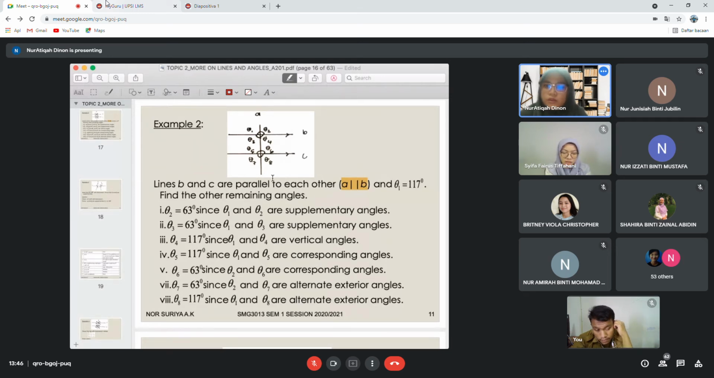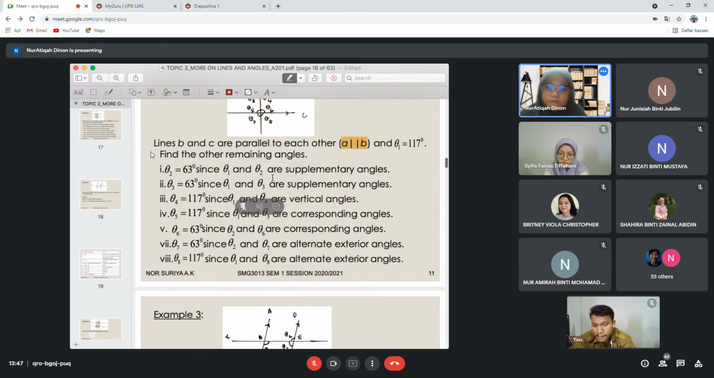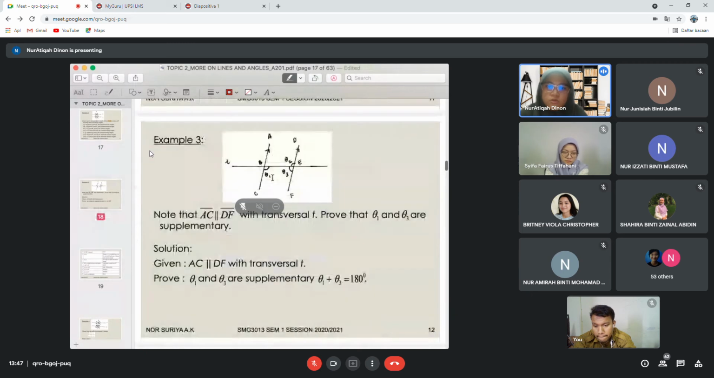Theta 1. Kenapa yang ni jadi ni? Okay. So